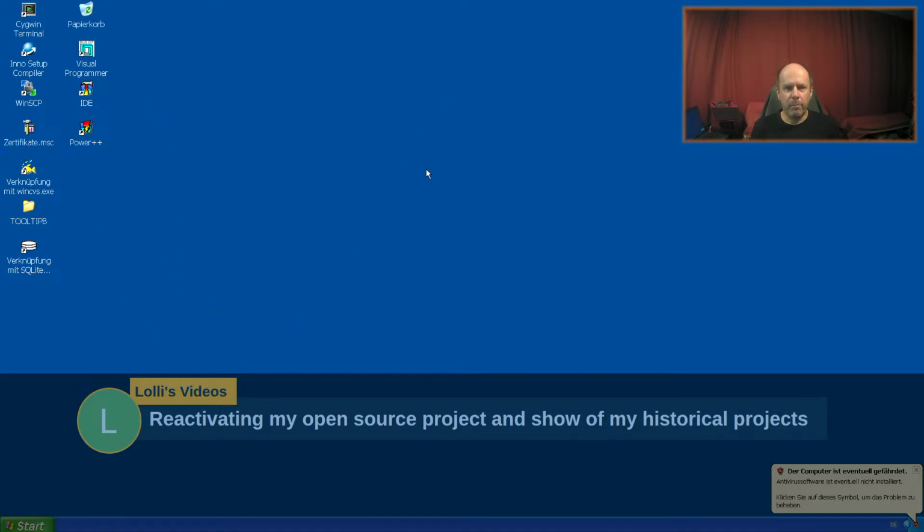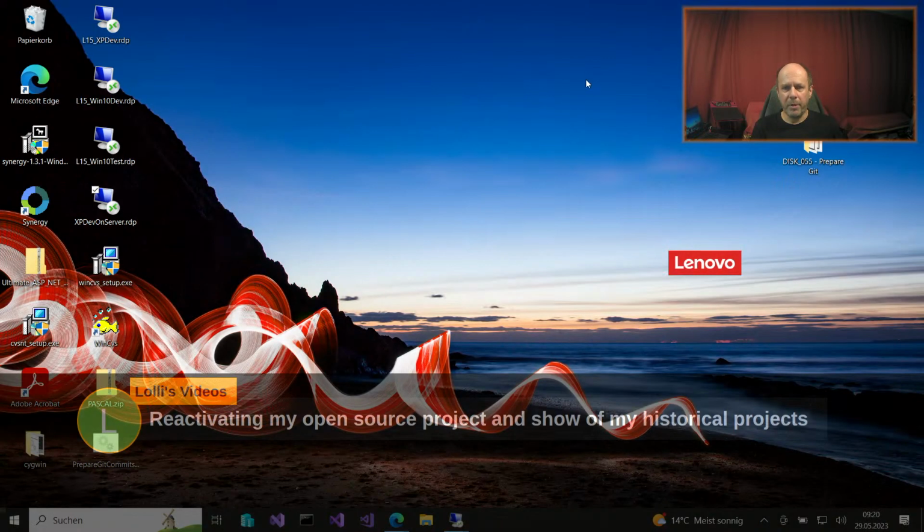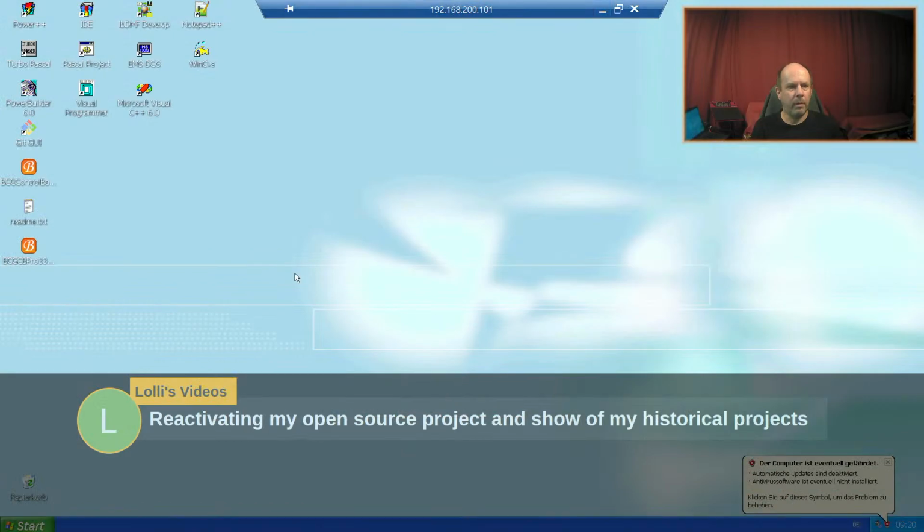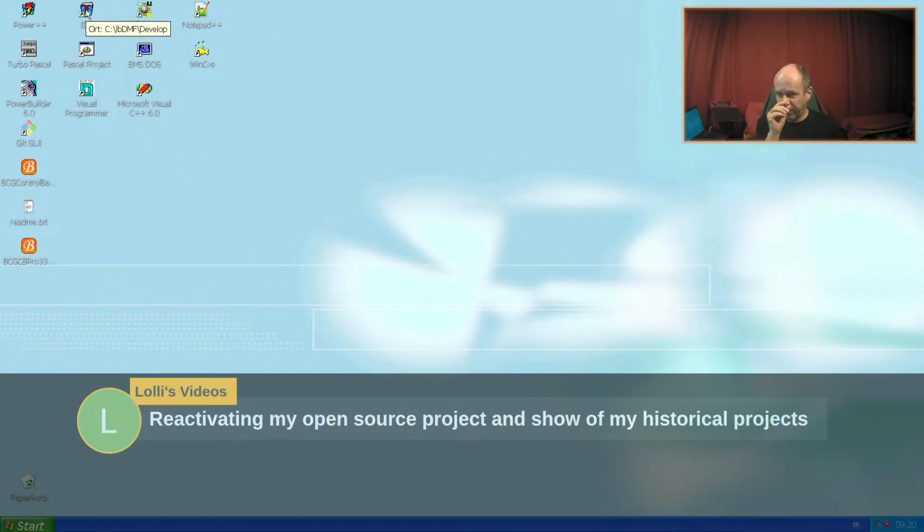So these two machines are still running on XP for a reason. And the reason is the Watcom compiler isn't yet running completely without problems on Windows 10, I have figured out.